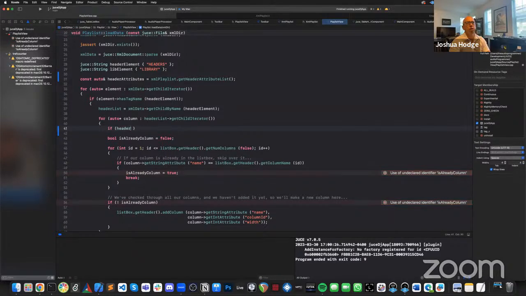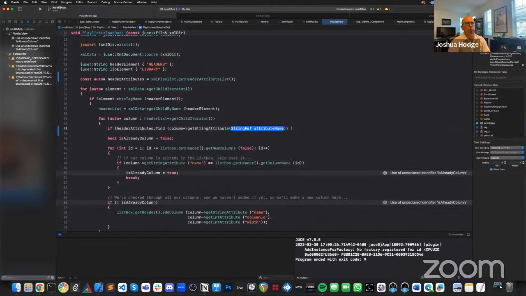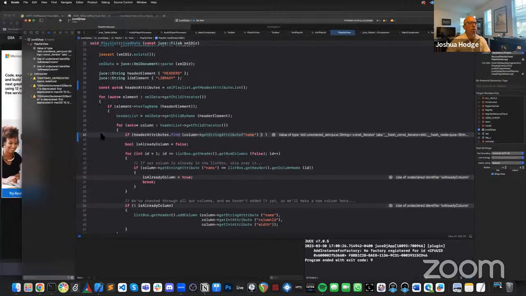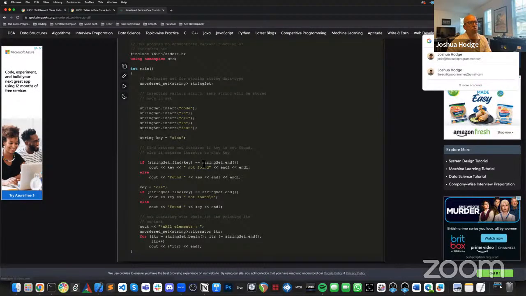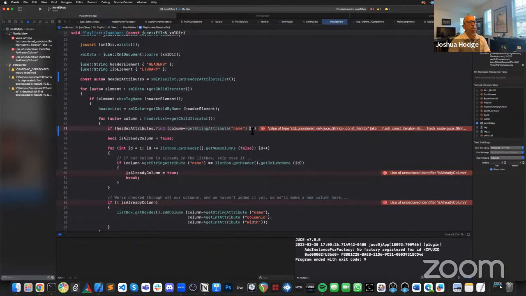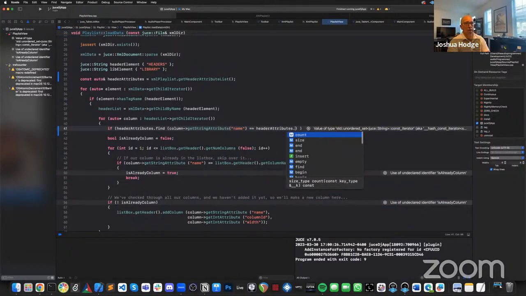If header attributes dot find column get string attribute name equals string dot equal to header attributes and